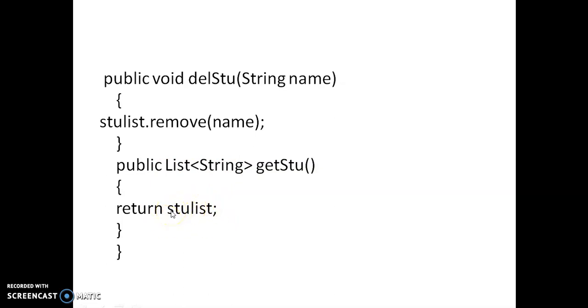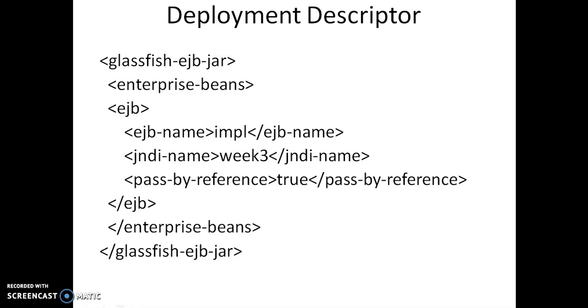This is the implementation of that interface. And the third step is what? Writing the deployment descriptor. This deployment descriptor will be an XML file. Okay, since the middleware files will be written in XML, right? Whenever you create a deployment descriptor file, the abstract deployment descriptor file will be already opened. We'll see in the implementation.